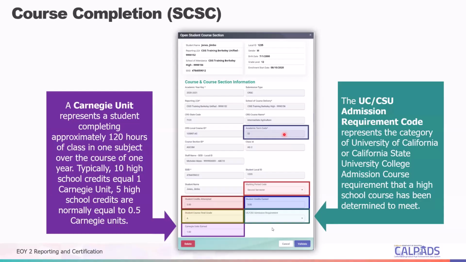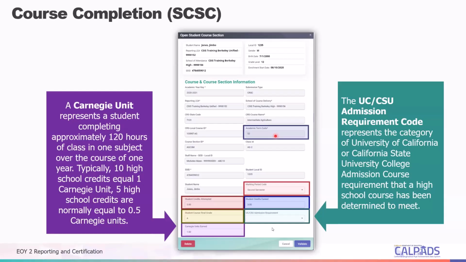Please bear in mind that you have to have a matching academic term code between the CRSC and the SCSC, since this is normally the reason why LEAs would encounter the SCSC 0139E2 error, wherein an SCSC record was submitted. However, there was no matching CRSE record in file.